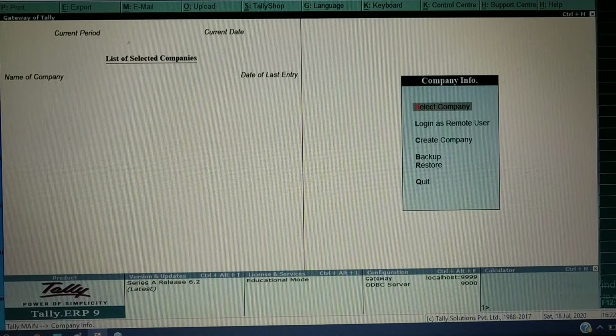In this video, we are going to learn how to set GST at the company level. First, we will understand why GST has to be set at the company level. If any organization or shops are purchasing or selling a specific type of items, that specific type of items will have a specific type of GST rate.